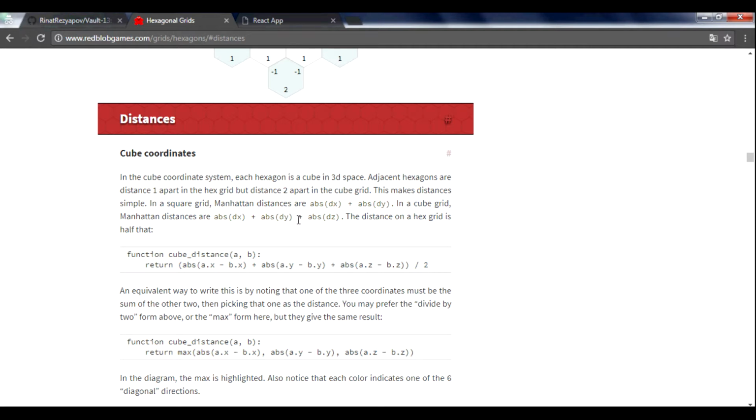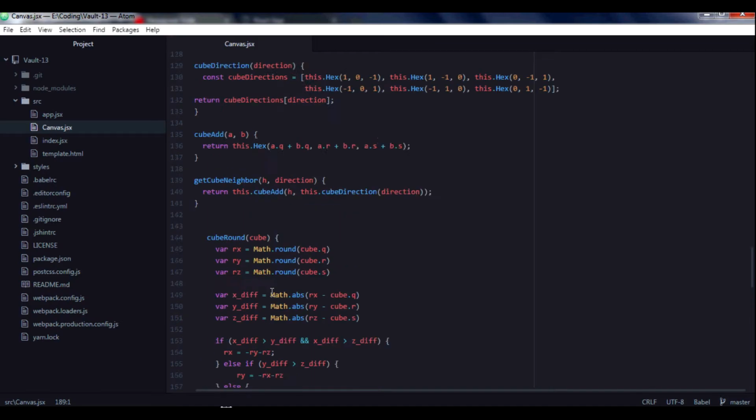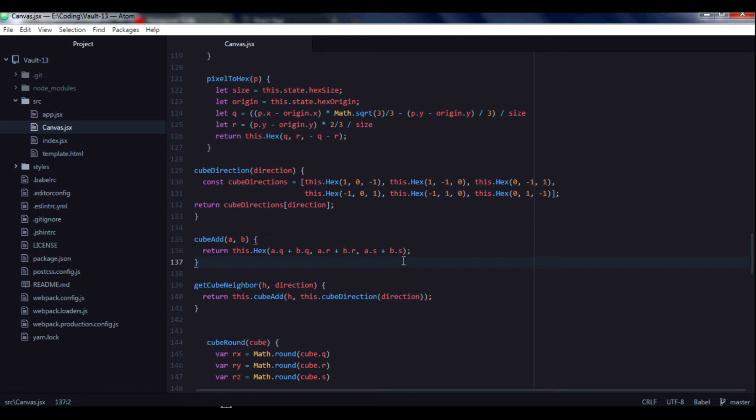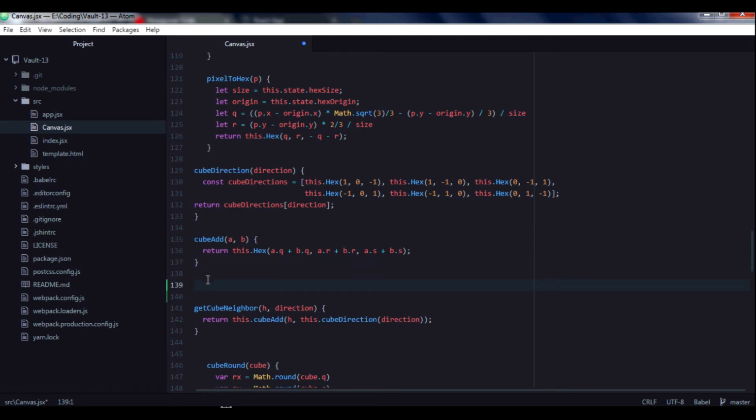If you open the redblobgames.com article about hexagons, you'll see that to calculate distance we need the absolute values of subtracting two hexagons and then divide by 2. So we need a function to subtract two hexagons. In the last video we created a cube add function which adds two hexagons. Let's create cube subtract